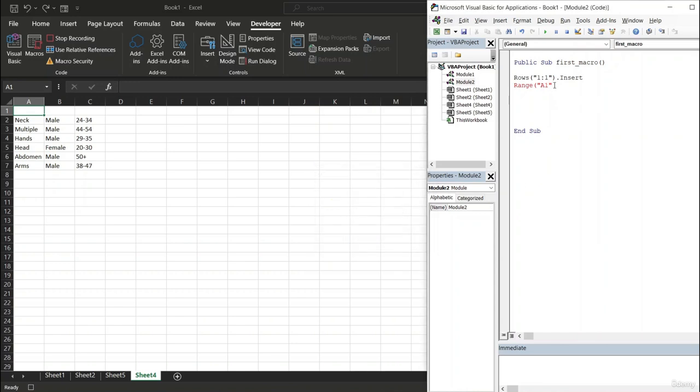Okay, then add close parenthesis. All right, and now I'm going to type in dot value. Okay, and after that I'm going to type in equal, double quotation, and injury location. All right, and then I'm going to close with the double quotation, and after that we're going to type in